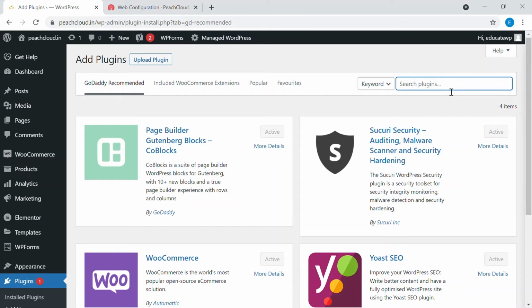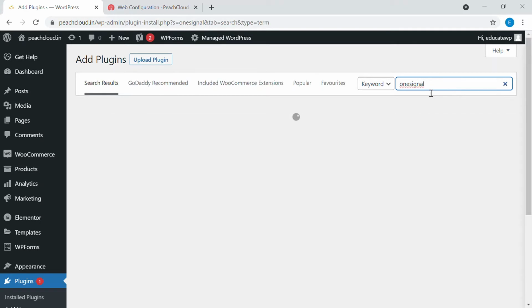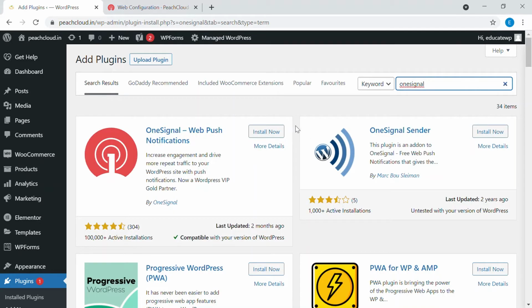In the search bar, we're going to search for OneSignal. Once the search results are up, you will see OneSignal web push notification service. I'm just going to install this and activate the plugin.